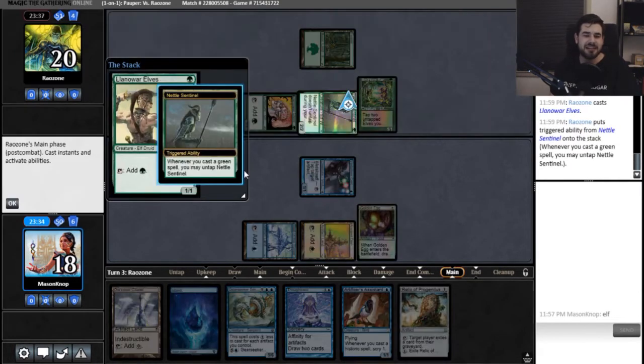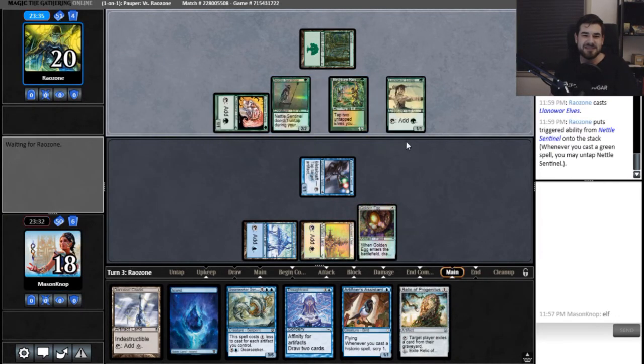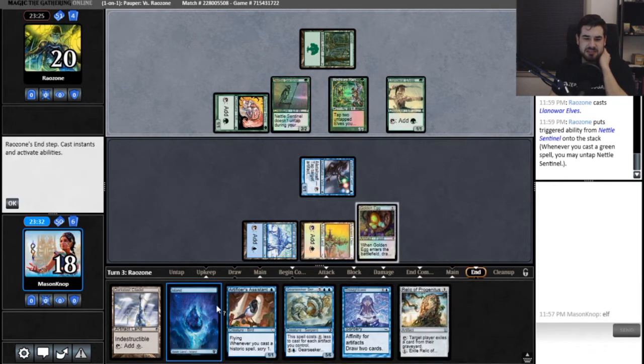Okay. There is Llanowar Elf. They actually had a 1 mana spell. Surprise, in the elf deck. And now they get more mana. Ouch. Well, at least next turn...